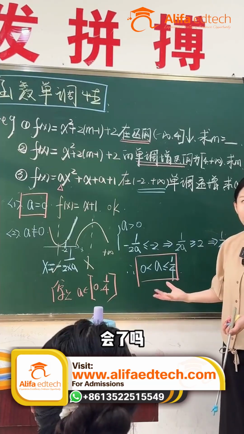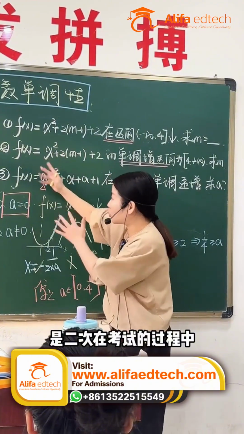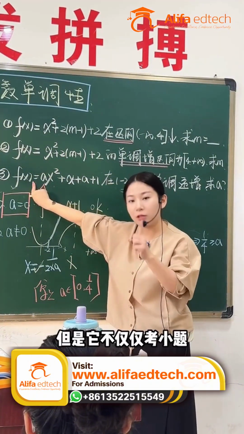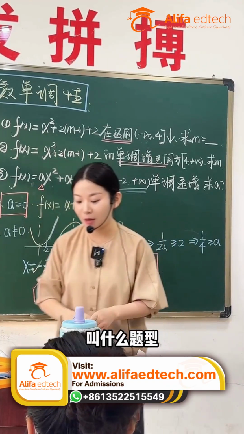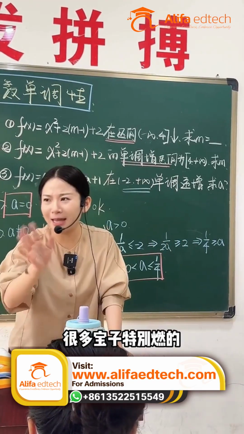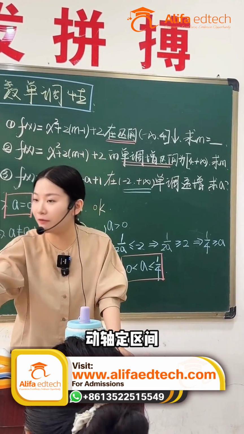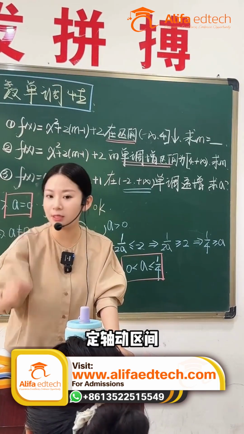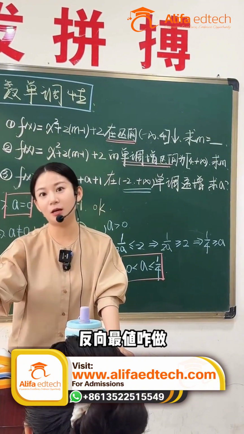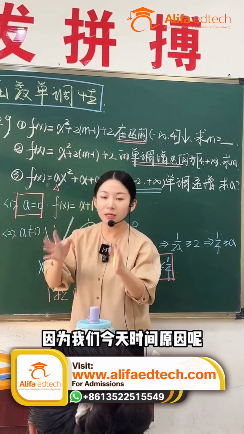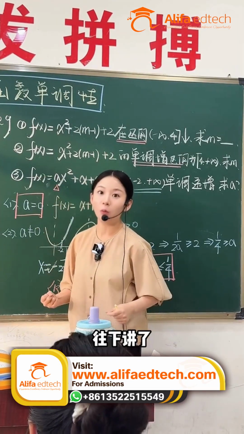Got it? These three we just discussed are small quadratic problems that appear on exams. But it's not just about small problems, they also test you on big problems. You've probably seen the big problems recently. What kind of problem is it? Many of you find it really tough and can't solve it at all. It's in case analysis, moving axis with a fixed interval and fixed axis with a moving interval. This is divided into how to find the extreme value in the same direction and how to find it in the opposite direction. There are methods for all of them, but because of time constraints today, we can't go further